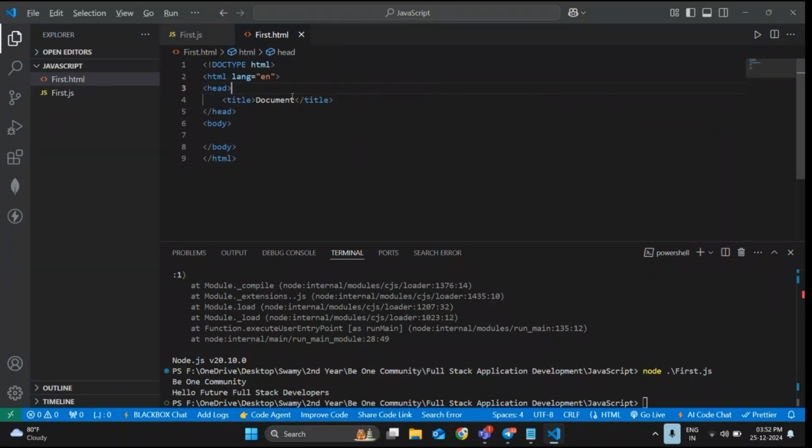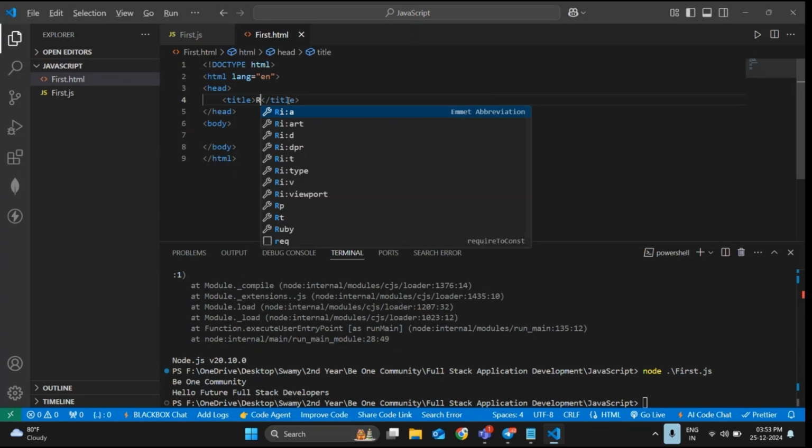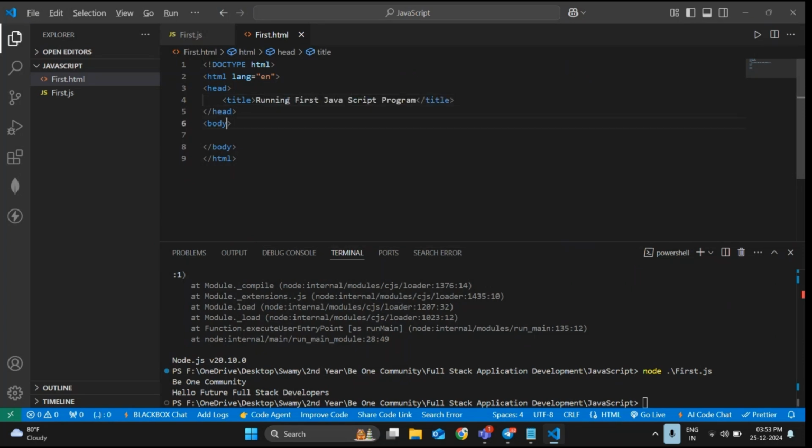Next, remove this document code, and you can also name your title, we are running the first JavaScript program. Next, in the body you can open a script tag. Inside the script tag, please include src and click on enter. And you can include your JS file here, first.js. After including your JS file in this format in the HTML file,